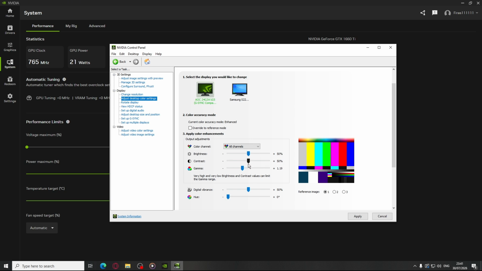If you prefer typing an exact value rather than dragging, click on the current value next to each slider and type your number directly. This is useful when you want to match specific values across multiple monitors for a consistent